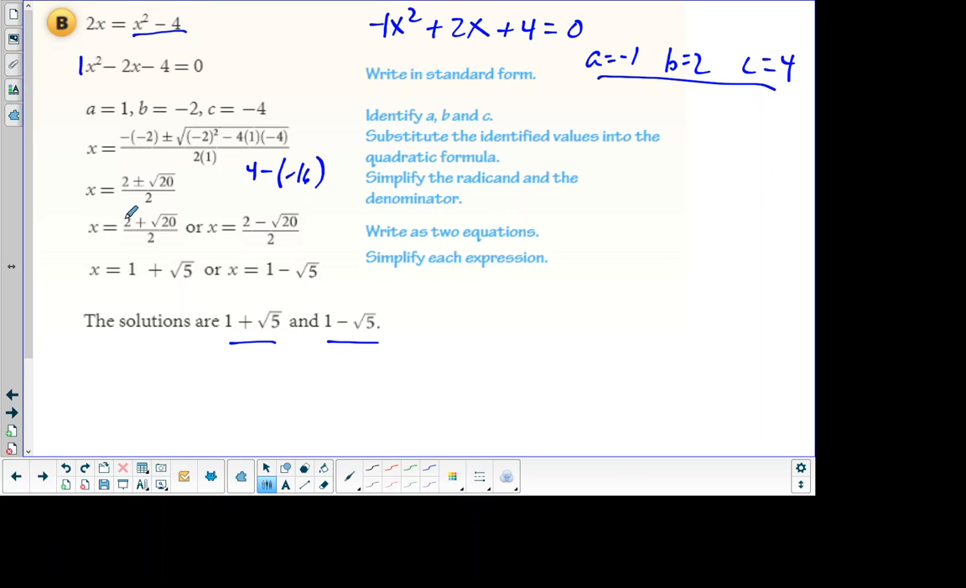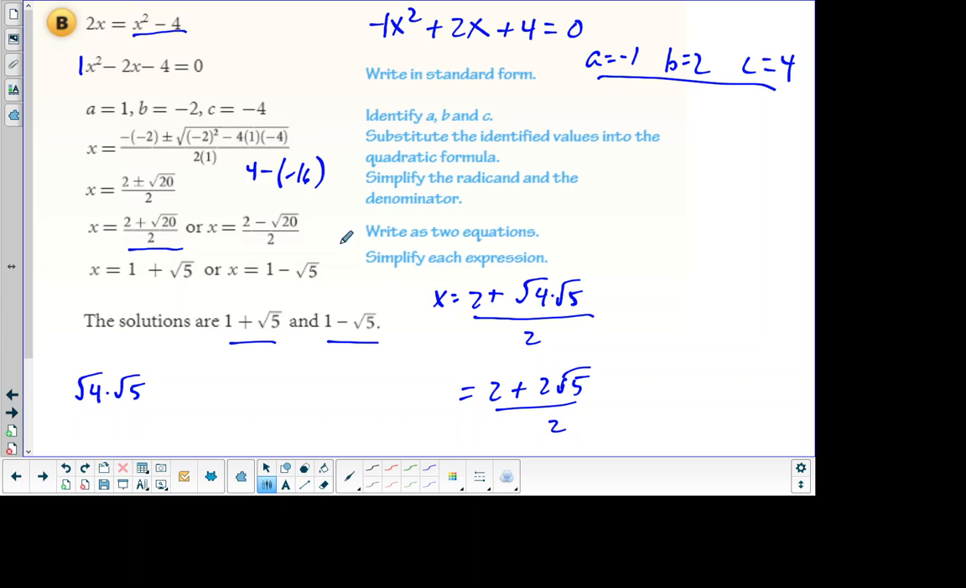Remember, you can simplify radical expressions. Square root of 20 is the same as square root of 4 times the square root of 5. Looking at this one, you can say x equals 2 plus, and I'm going to rewrite square root of 20 as square root of 4 times square root of 5, and then that's all over the 2. Well, what's the square root of 4? Square root of 4 is 2. So that becomes 2 plus 2 radical 5